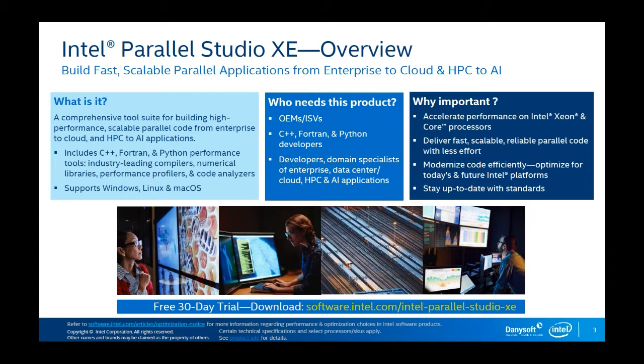Graphical tools are also available in order to improve the performance and also to find bottlenecks and possible inefficiencies in the code. Currently, it supports high-level languages, for example, C, C++, Fortran, also profiling tools, and some optimized libraries which efficiently exploit the different levels of parallelism existing nowadays in the current processors. It supports the main operating systems such as Windows, Linux, and MacOS, and